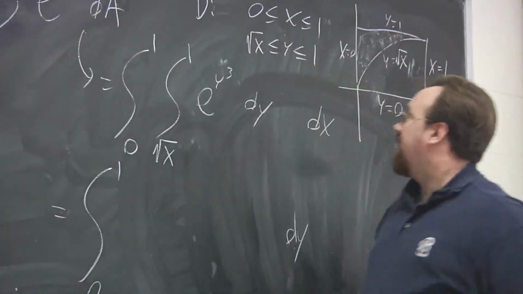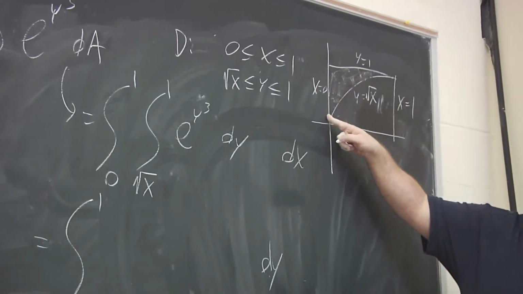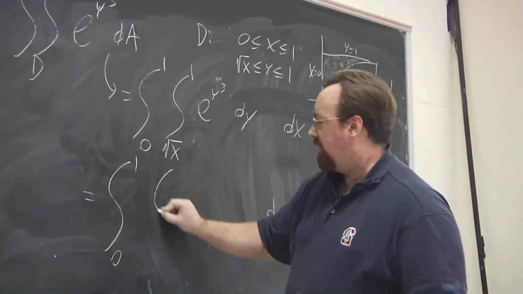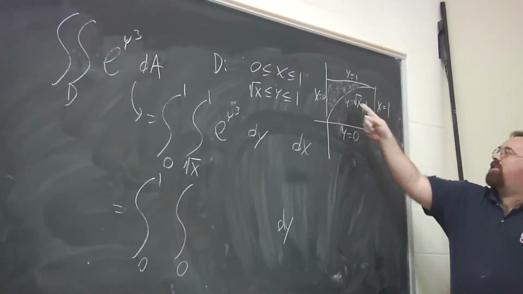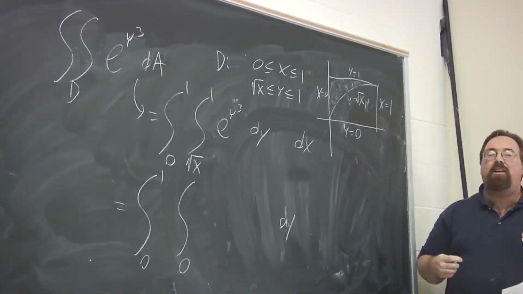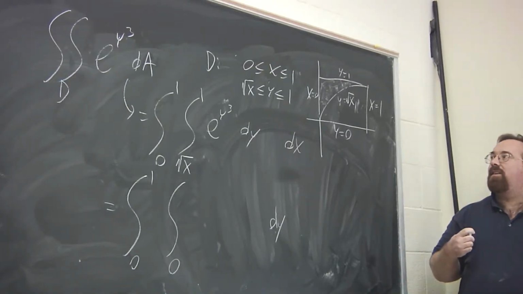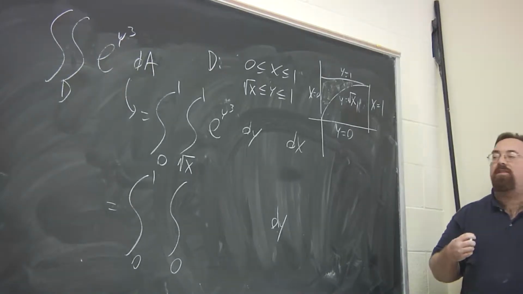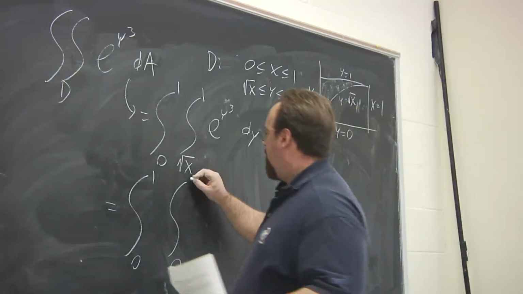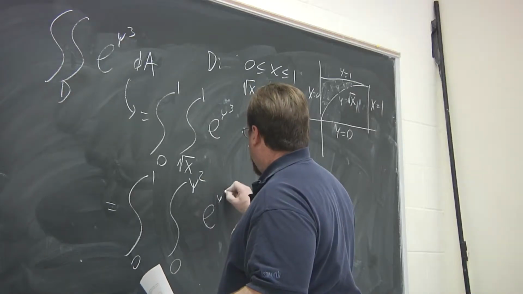So now we need to see what the limits in x are. Well, the region starts when x equals 0, so that's our lower limit. So we need to describe this as x being a function of y, rather than y as a function of x, and that's going to be what? Y squared. Yes, x is equal to y squared. Okay. So same integrand